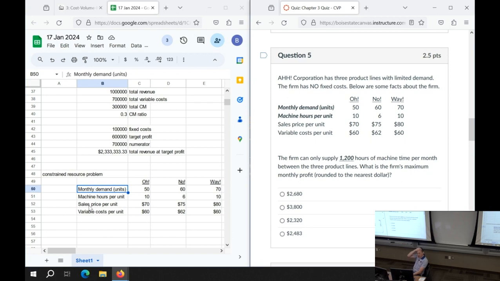If you haven't noticed, I want to make sure I point out here, you'll see a number of problems that look very similar. They aren't exactly the same, rather. A number of them just have small changes. Please be careful reading them. Where possible, and I think on every problem, I'll say it this way, I've bolded the thing that changes. So some of the problems that look just like this have different machine hours per unit and monthly demand in units and a different amount of the constraint. Those are the ones that are going to vary.